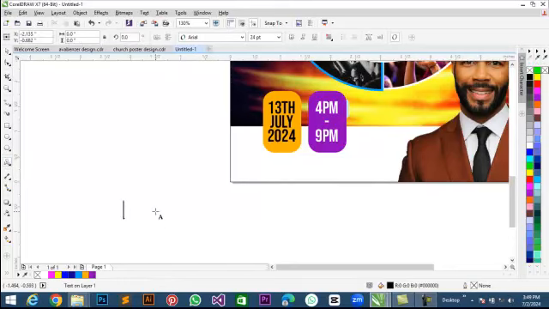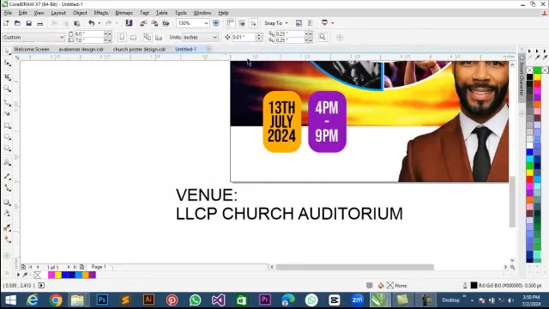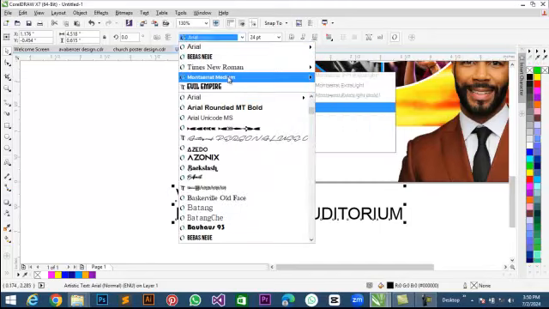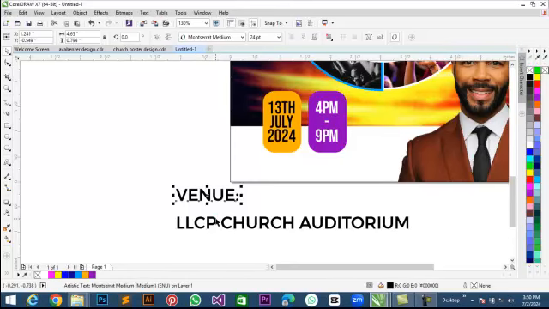venue. So that is venue: LLC Church Auditorium. Okay, so the font I'll be using for that is what? Let's use Montserrat. Okay, Montserrat. Okay, so I'll break these two texts. So I'm going to pick on this venue here, reduce the size, reduce the size,